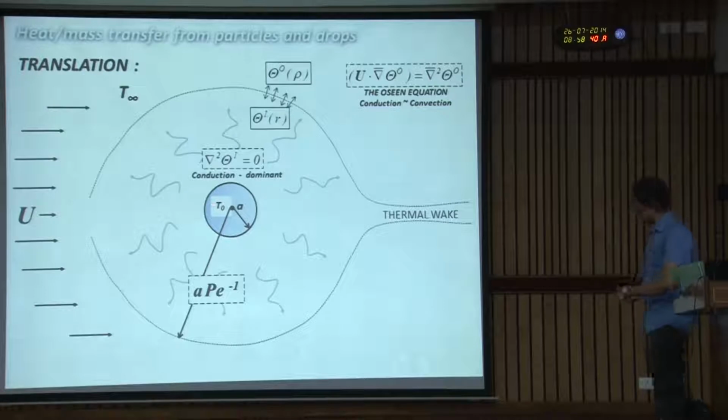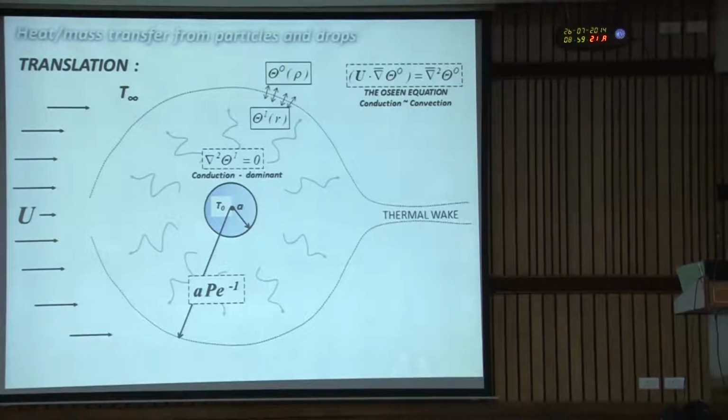Okay. So there are two temperature fields, the inner temperature field, the outer temperature field, and then you do what Professor Hinch talked about yesterday. You match it. You take the conduction field to distances much larger than a, bring down the Oseen temperature field to distances much smaller than the screening length, and then patch the two together. And they have to patch up because there exists a matching region where you have length scales much greater than a, yet much smaller than a Peclet inverse, where both reduce to the same form, which is the conduction equation for a point source of heat. Okay. And you can do the matching,